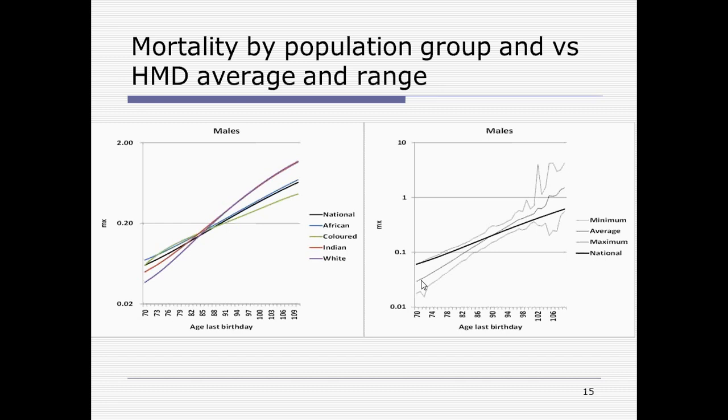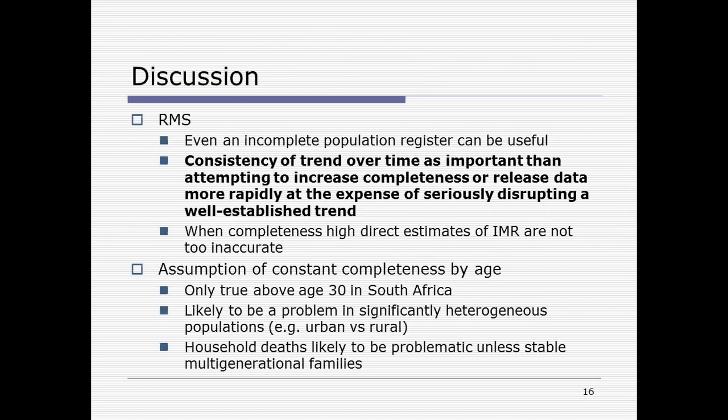I don't believe there would be that switch over in mortality rates by population group, and the trend still looks too flat. And I suspect that there's some age exaggeration in the death data that we haven't quite accounted for. Okay, so